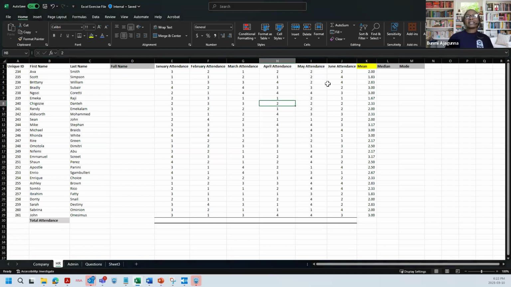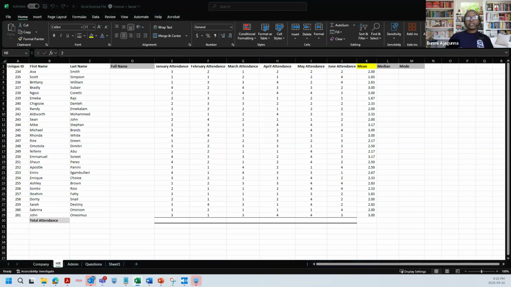All right. The next is we're going to get our median, which is the middle number of our distribution that we have here. Middle number is pretty much, if you have a distribution, you want to find out which number is right at the center of that distribution. And so for this particular distribution, we're looking at the middle of this particular people.